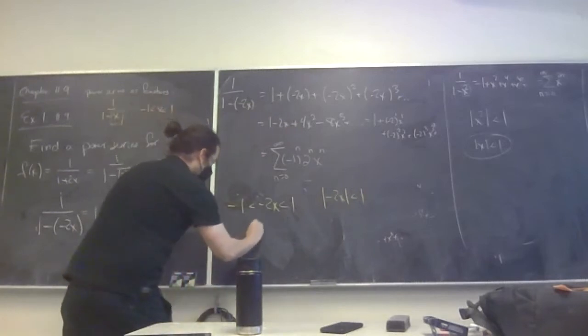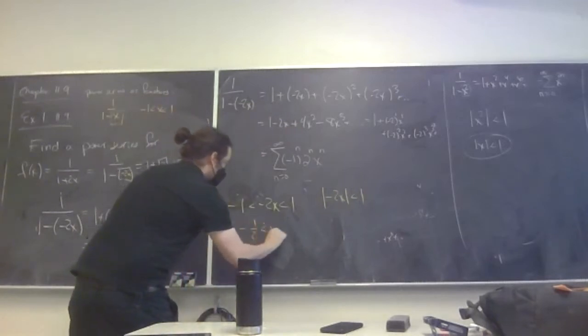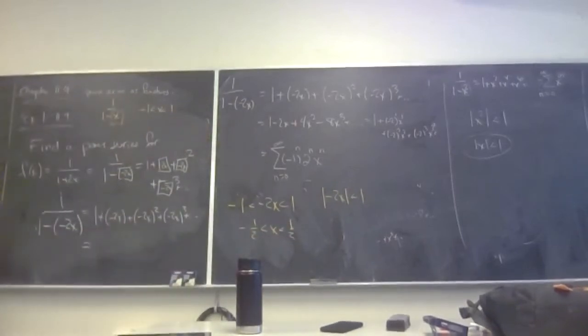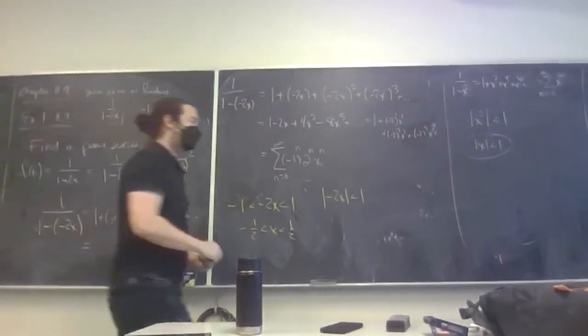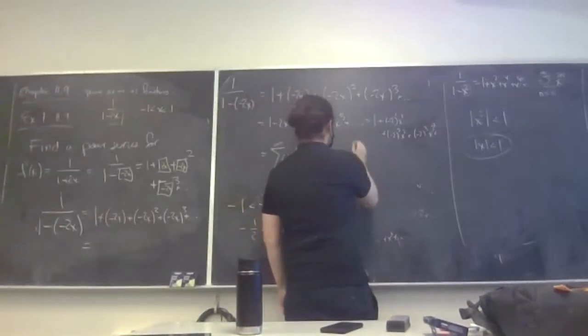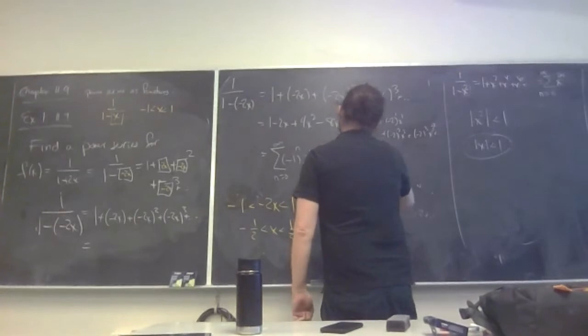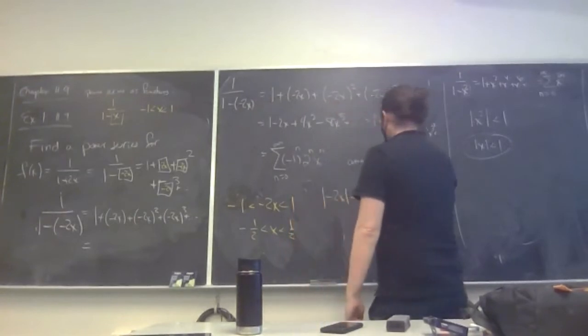So the answer is values of x have to fall between -1/2 and 1/2. Power series don't mean anything unless you tell me where they work. Radius of convergence or interval of convergence or whatever, this converges on